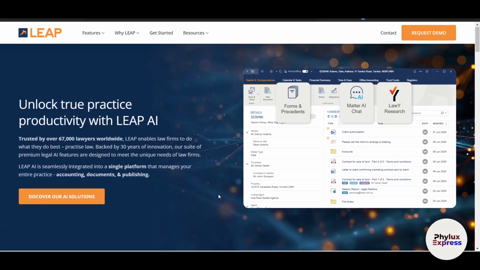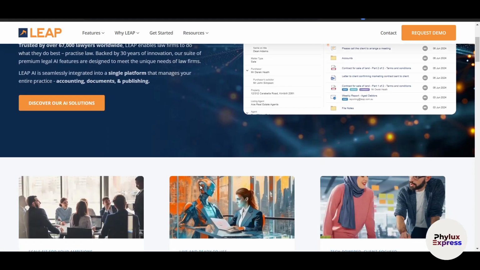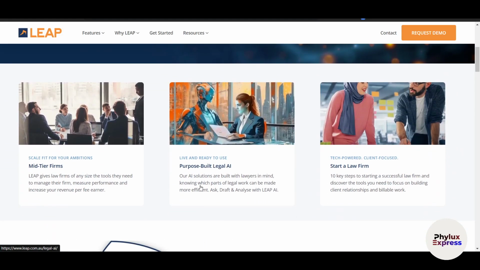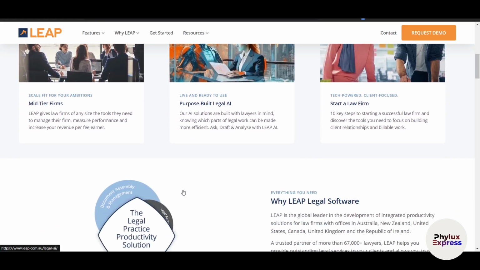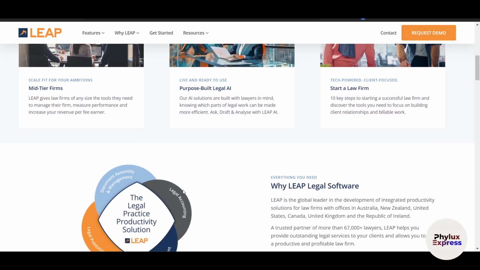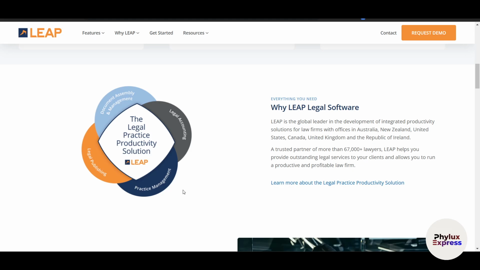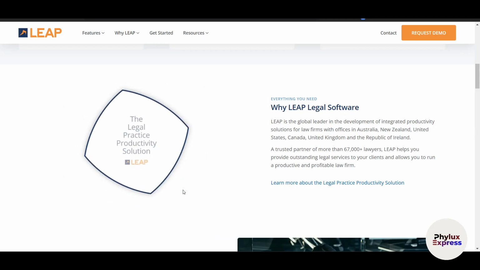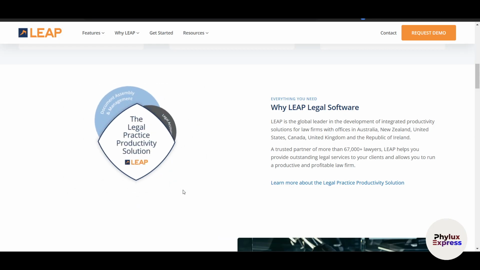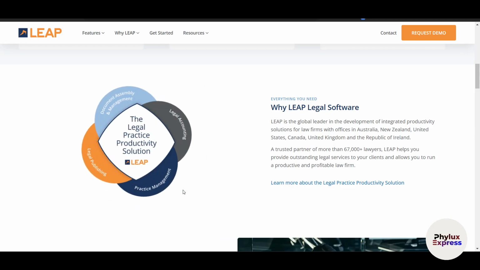According to their website, Leap is all-in-one legal practice management software designed to help law firms organize cases, track deadlines, and documents in one centralized location. And you can do a lot of things. For example, automate workflows, track time and expenses, generate reports, and the three things which I really like: first, it is cloud-based and accessible from any device. Second is pre-built templates for common legal documents, and the third one is that it integrates seamlessly with accounting tools like Xero